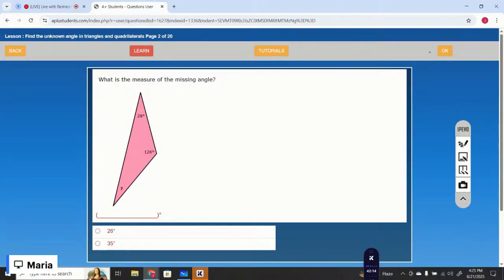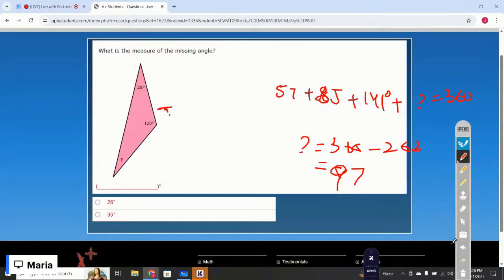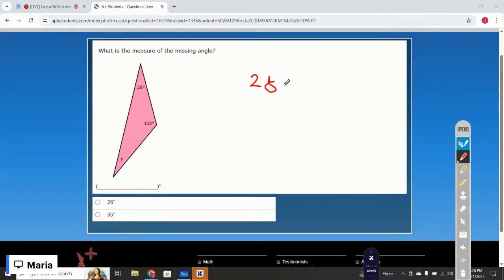What is the measure of the missing angle? The measurement of the angles in a three-sided shape must be 180 degrees, right? The sum of the measurements of the angles is 180. We are given two of them, 28 plus 126 plus the missing number equals 180. So 126 plus 28 is,